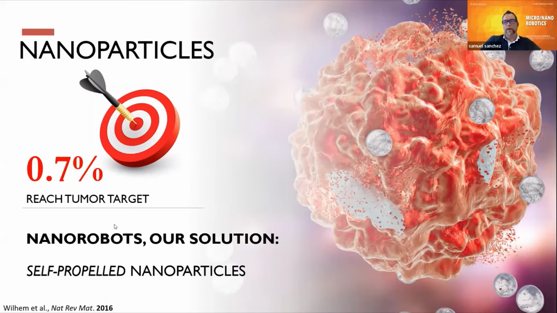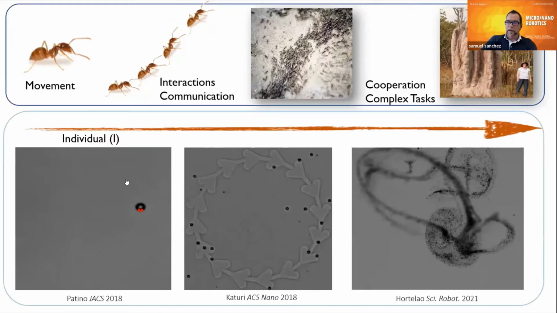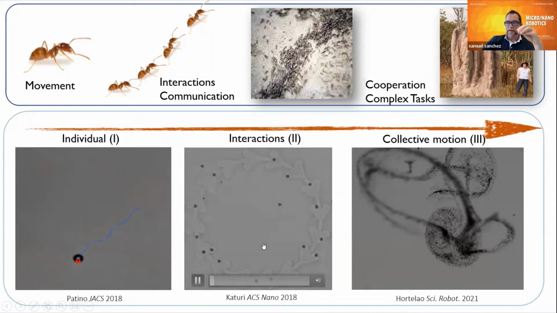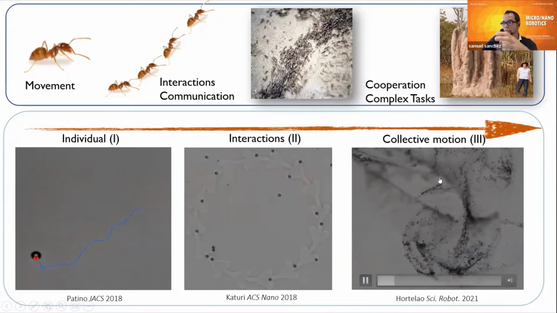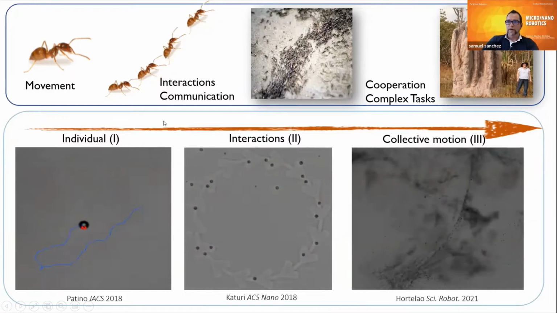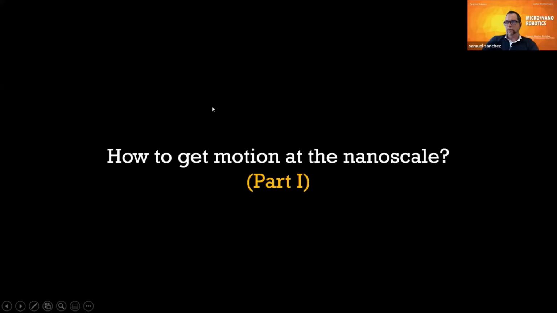So it's self-propelled nanoparticles. Today, my talk will be divided in three main concepts. The first one is at the individual level: how do we get motion? Then, how do particles interact with each other and how can we guide them collectively? And how do we get this collective motion into something useful? So the first part of my talk, as I said, is to ask ourselves and rationally design something that moves. How do we get motion at this scale? This will be part A, part one.